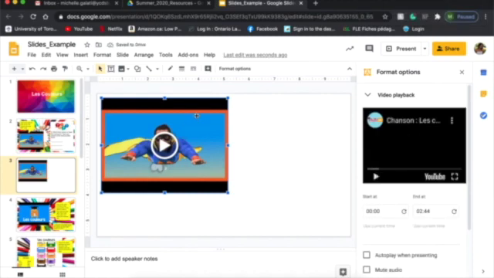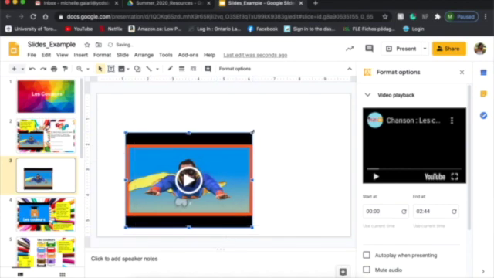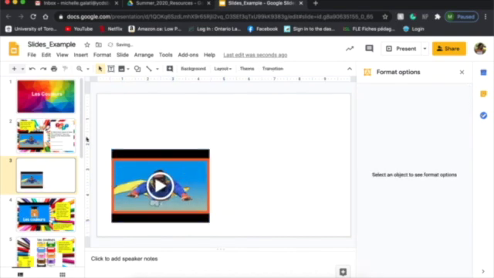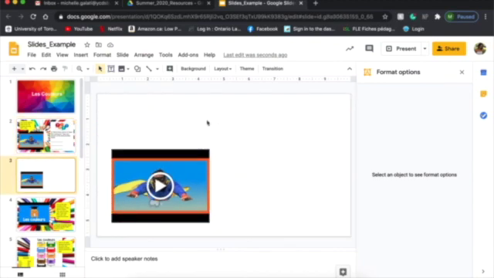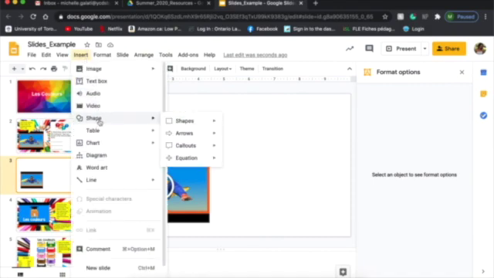So as you can see, once it's on my page, I can move it to wherever I'd like. I can make it bigger, I can make it smaller using these blue squares here on the side. And here I have my video. I also think that it's smart to add some instructions beside it. So in my case, I like using these yellow speech bubbles on the side. In order to add those, you go to, again, insert, shapes,